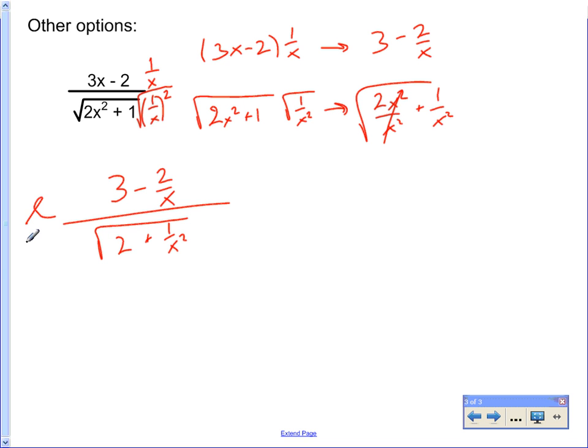And now as I take my limit as x goes to infinity, I can actually plug that in. On the top, I'd have 3 minus 0, because the limit of this is 0. And on the bottom, I'd have the square root of 2 plus 0. So there's my limit as I approach the right end behavior. And if I do negative infinity,